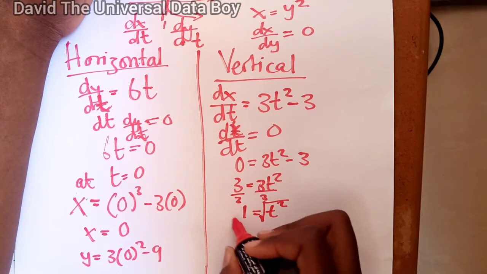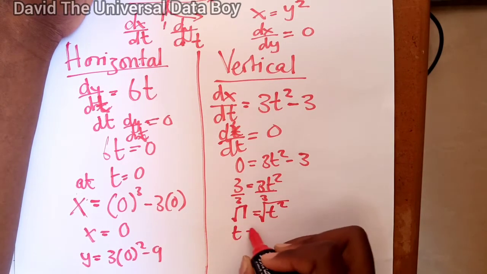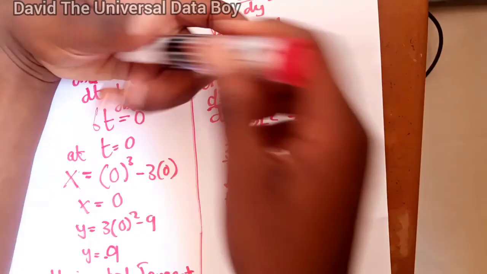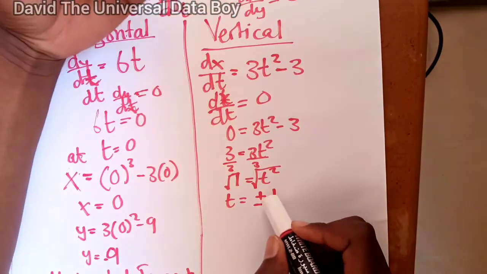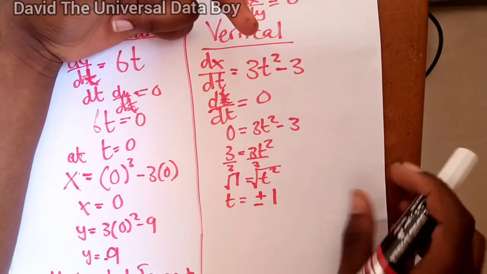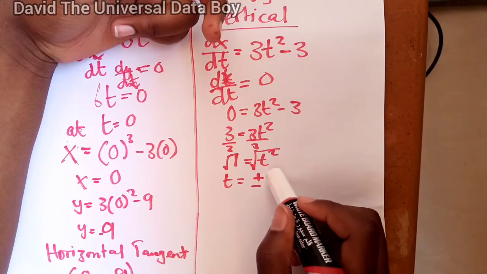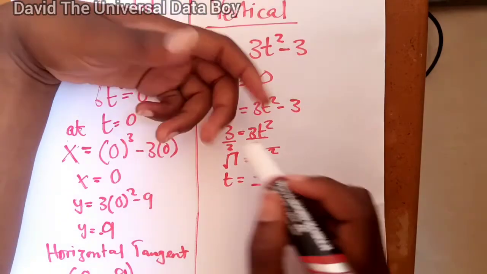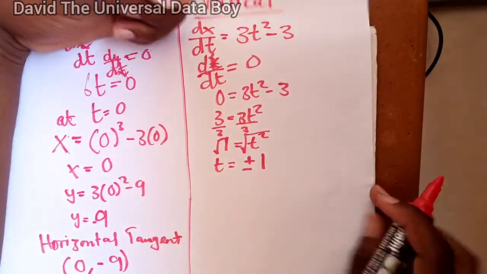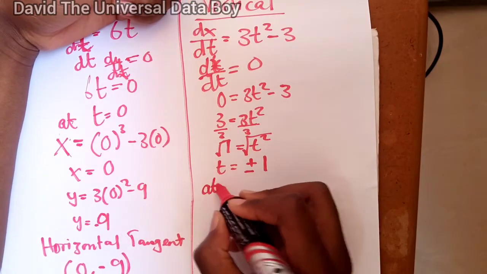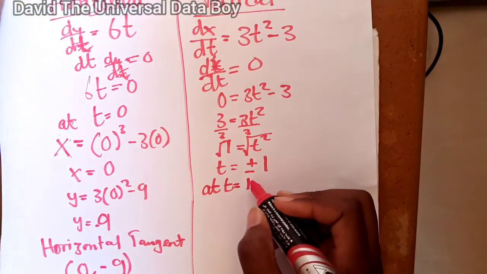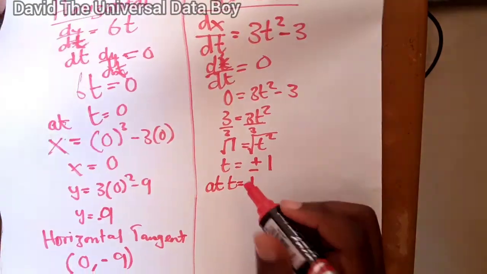When you take the square root to make t the subject, t is going to be equal to plus or minus 1. So now you have two values of t, meaning you're going to have two vertical tangents. The first one will happen when t is 1, the second one will happen when t is negative 1. So now at t equal to 1, we're going to evaluate